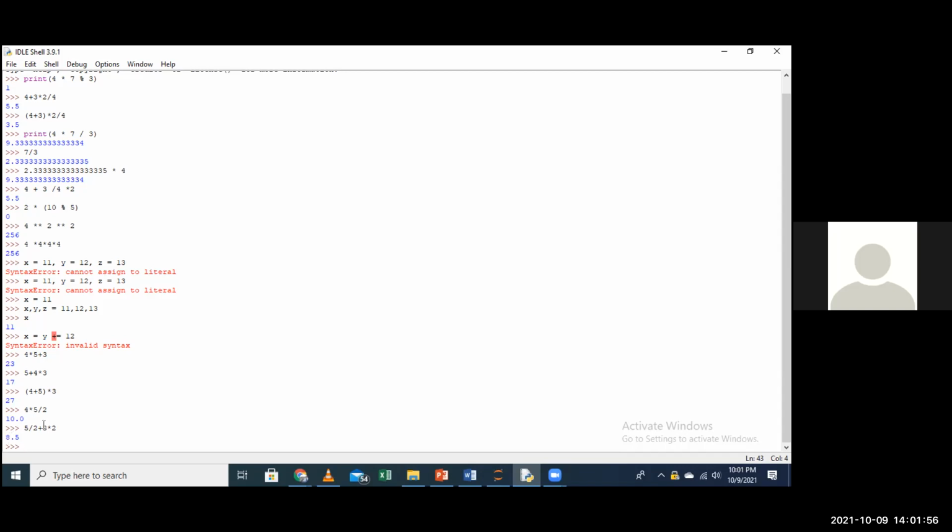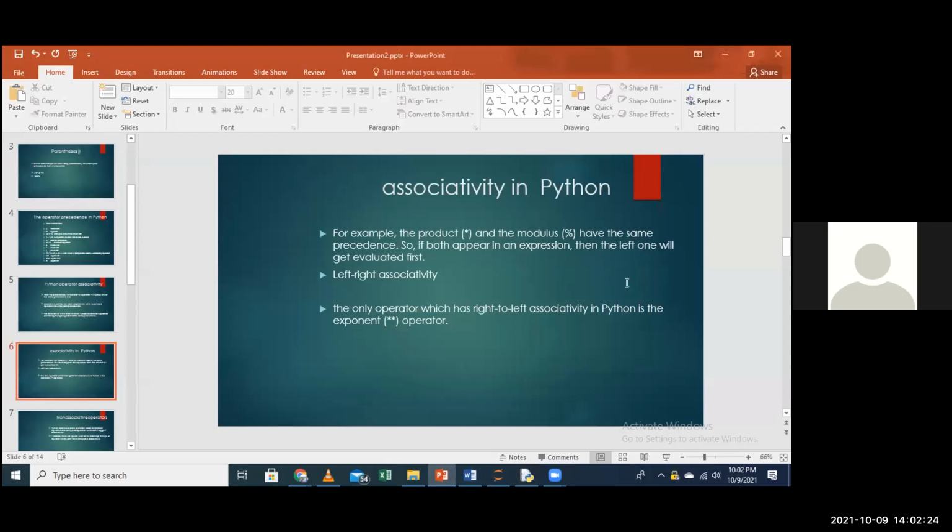Or rather, you can start here. 3 multiplied by 2 is 6. You start with that one. And then 5 divided by 2 is 2.5. And then you add them. Still, you arrive at the same answer. So whichever you do, you get the same answer. But the easiest way is to use the left-right associativity. Don't confuse yourself by asking which one should I complete first. I think that is it, according to how I understood this.